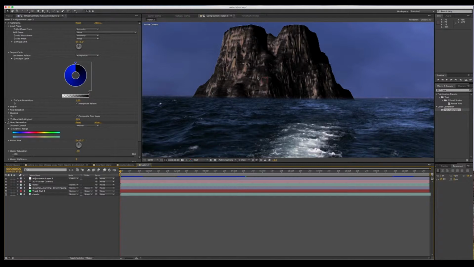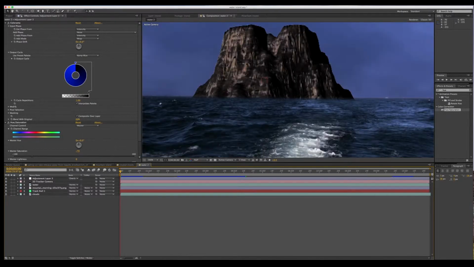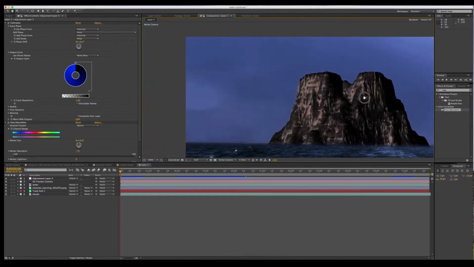As I zoom in into the island, I can actually see where I have missed cutting it out. I should have defringed it in Photoshop, but I didn't, and there was a reason for that, because I want to show you how you can do that in After Effects. So what if we grab this hand here, see this hand, grab it, bring it across, that moves